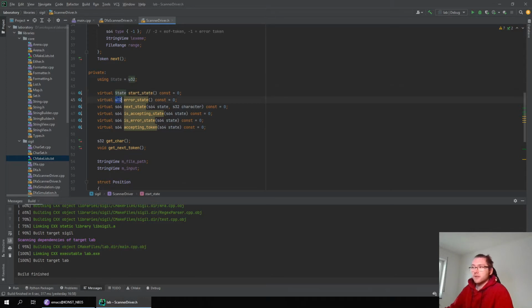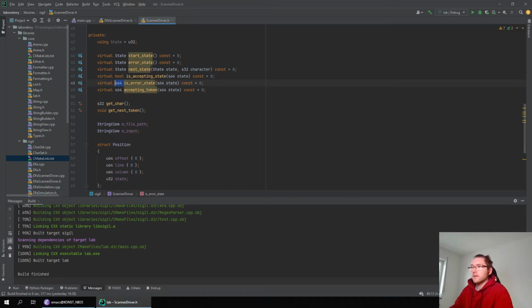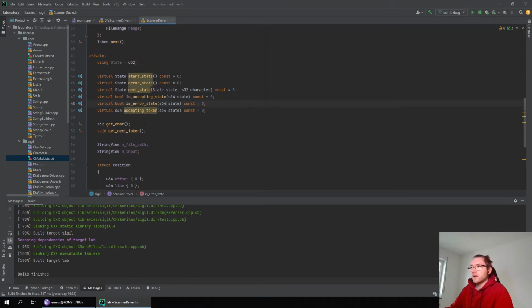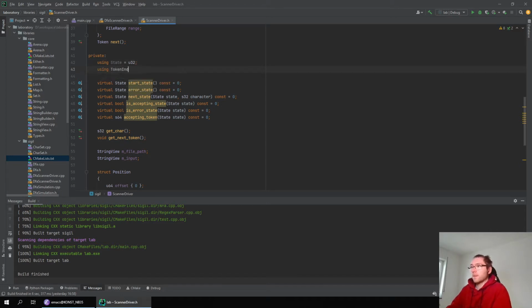So I'm just using state for states, and this is just a Boolean. This is a Boolean. And so those are also state, and this accepts a token index, returns a token index, token type, I think. And a token type,